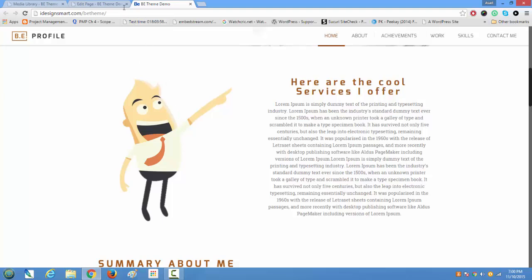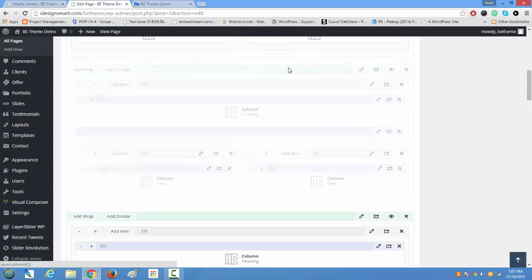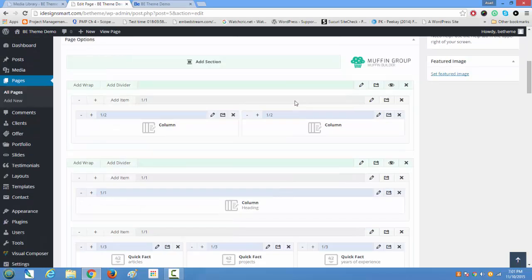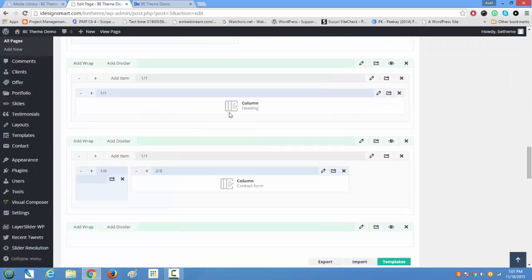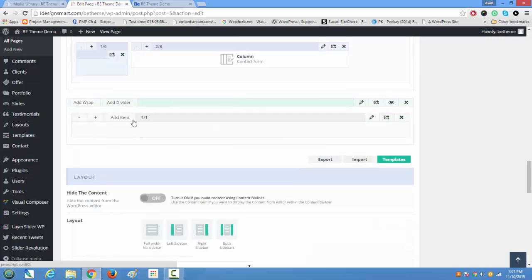So what you need to do for that is go back to your builder. First, I wanted to delete this summary section, so I'll delete the heading. Actually, I deleted the container, so that is great. Everything is gone now in terms of where the summary section was, and I can add a new section and put parallax image on there. So what you need to do is click on the new section that I added, and maybe add a wrap on there. It gives you this container, and then you can